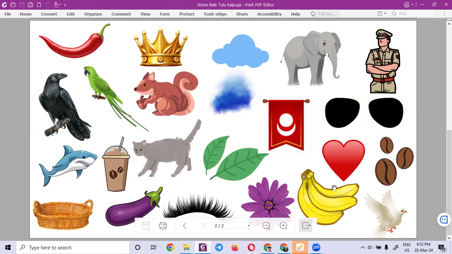Sometimes we will refer to the item names, like rose, gulabi banna, ನೇರಳೆ ಬಣ್ಣ. We are referring directly to the items, materials. Okay. This is about the basic colors. Once again, repeat ಮಾಡ್ತೇನೆ.